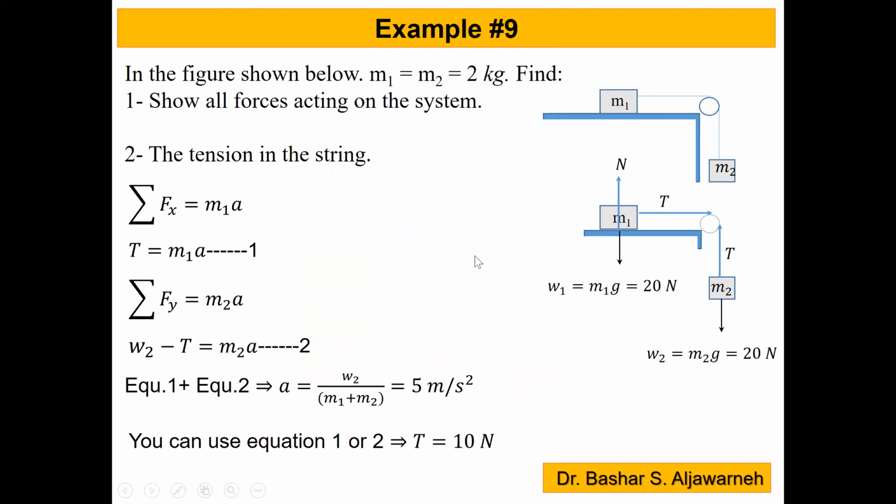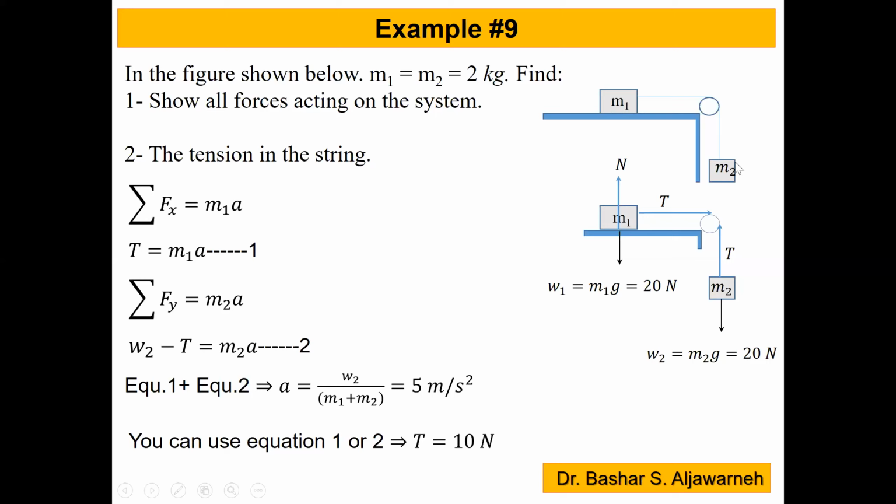Okay, another example. In the figure shown below, if m1 equals m2 equals 2 kilograms, first show all forces acting on the system, and then find the tension in the string. Okay, here we have two masses. My system, I can split into two systems,